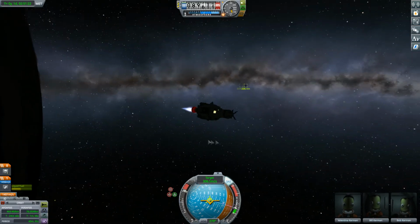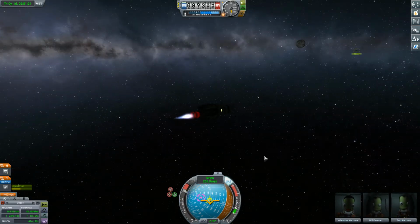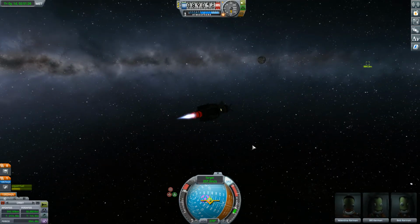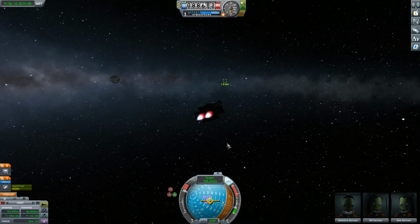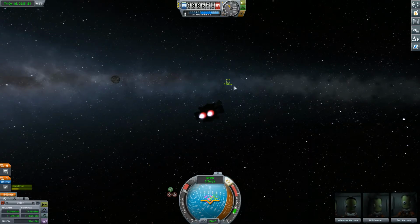There she goes, 300 meters a second still. Yeah, we needed to burn a little bit earlier. We're still trying to kill off all of that lateral speed. We had a funny angle at it, but now that the speed is killed, we overshot by 1.9 meters